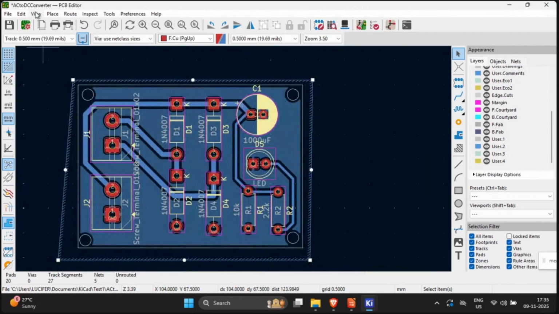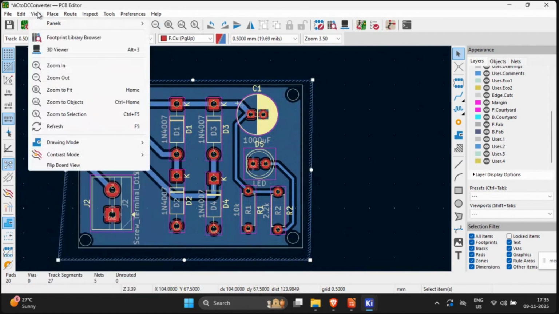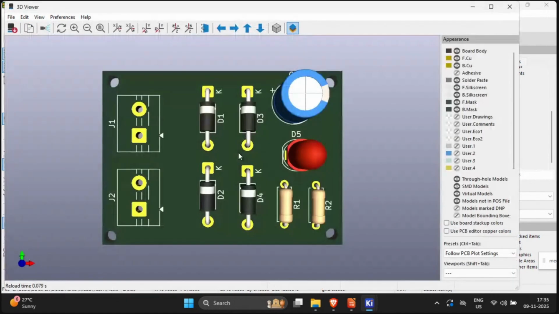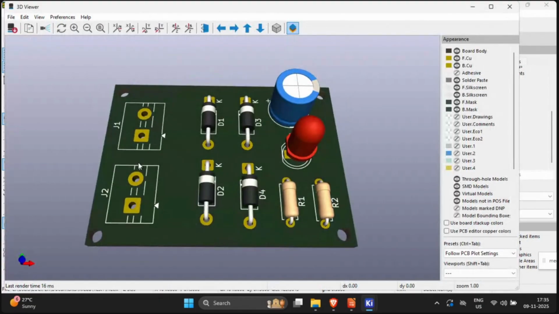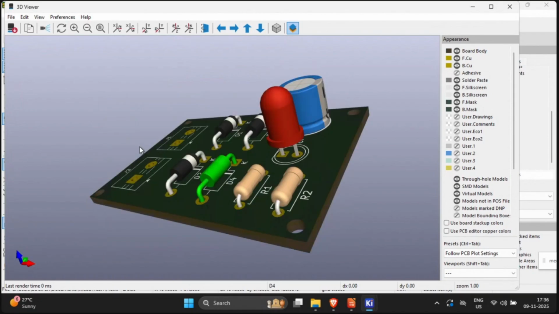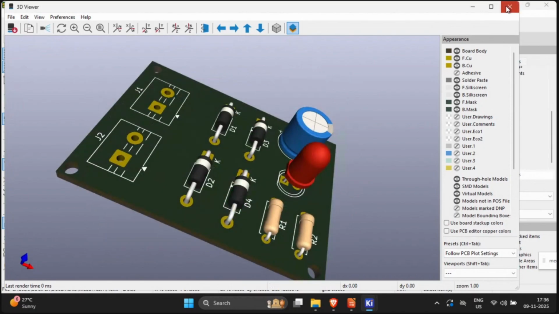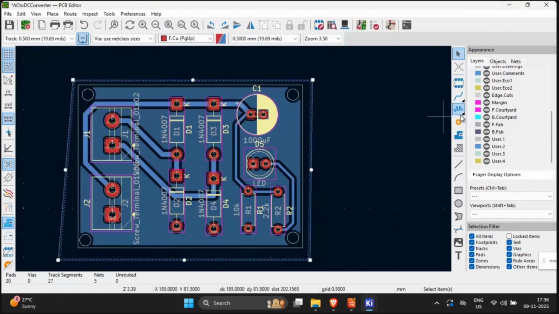And you can have your view here. You can see how it looks and everything. Yeah, this is our final view. We'll have our voltage coming in from here, going to the diodes and then capacitors. The output will light up the LED in the process, and we'll have our output from J2 coming out. So this is how it's going to look. And if you want to add some logos or some textual information,